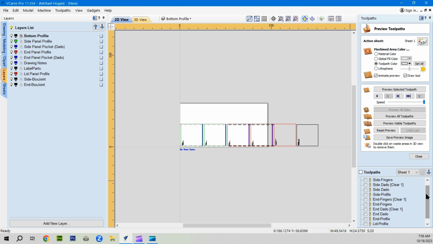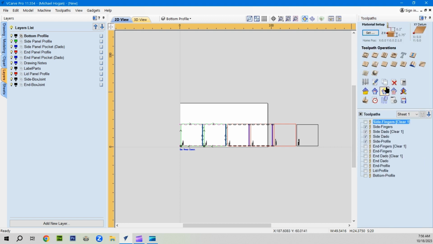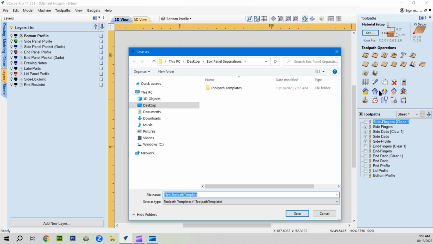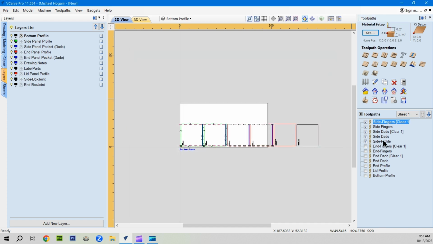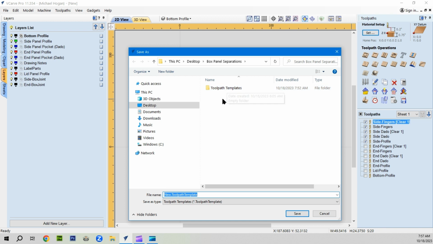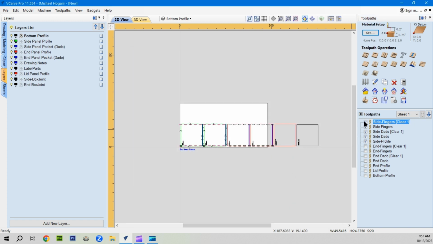And to do that, we're going to highlight each one of the side items. And we're going to close this, bring up our toolpath so we can see the toolpath tools. And we want to go to save. Okay, I got to go back, re-highlight that side fingers, make sure all the side parts are okay. Now we go to this, and I've got a folder set up on my desktop for saving the toolpaths, and we put in here sides toolpath template. Okay, now we turn those off